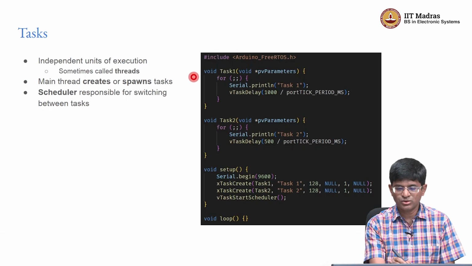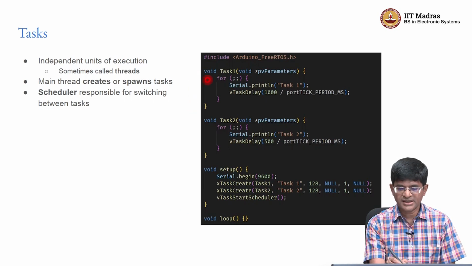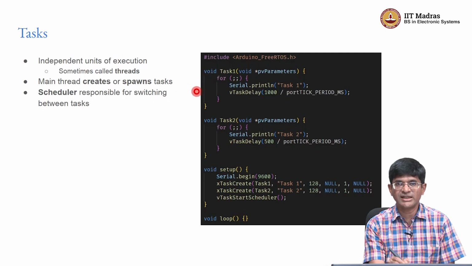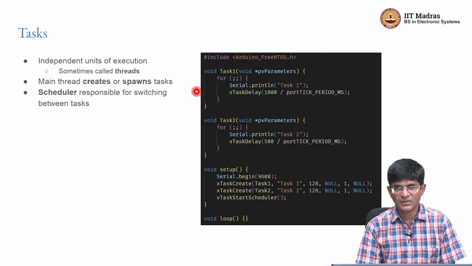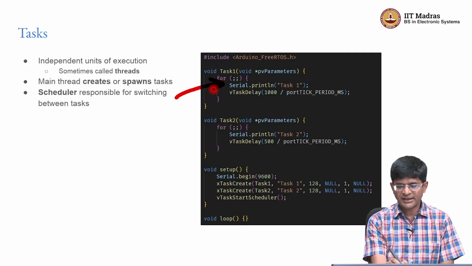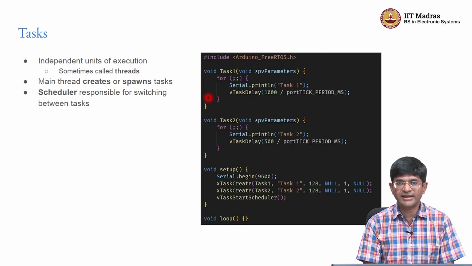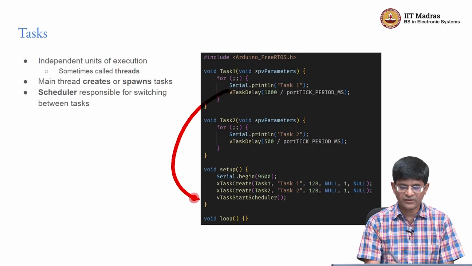What do the tasks do? A task, as you can see, is again a function, but it's an interesting type of function. It basically seems to be an infinite loop. So what exactly happens inside a task? I print a message and then I call this function vTaskDelay. And the purpose of a task delay is basically to sort of, in some sense, give control back to